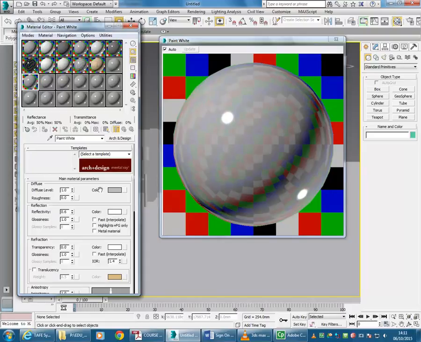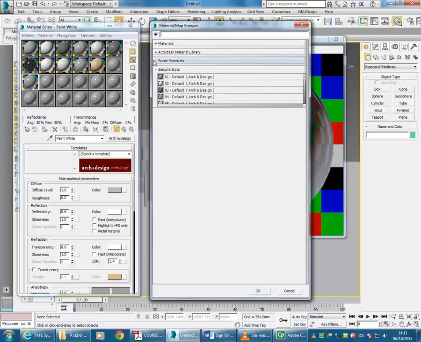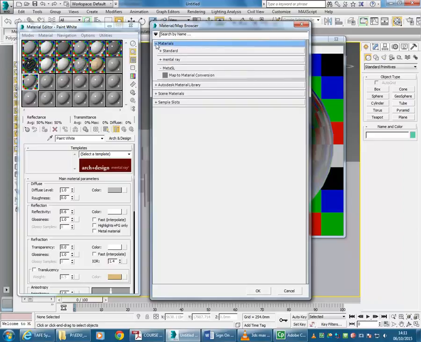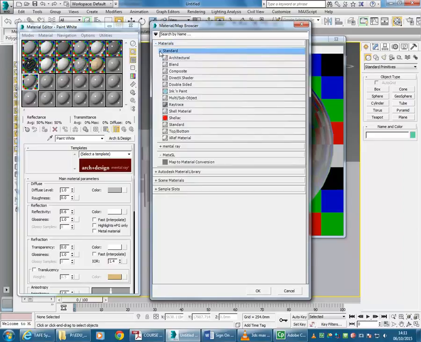And then I'll change some of the settings. So firstly, you need to notice or know what kind of material you're working with. So you'll see down here it's got Arch and Design on the button down to the right. So that's the sort of material it is. If you click on that button, it'll bring up the map browser. And I'm not going to go through all of these, but I'm going to show you some of the different kinds of materials you have. You've got the standard materials, which are really the old Max materials. You need to know they're there, because sometimes when you get other files, they'll still be using these, and in some cases you will want to go back to these older material types, like the most basic one, which is standard,